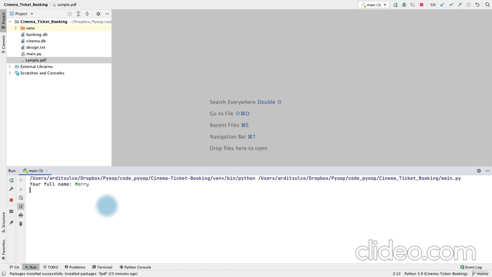and Mary tries to get seat A2, which is already occupied, and she has a MasterCard